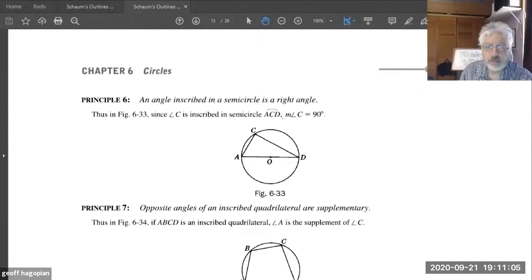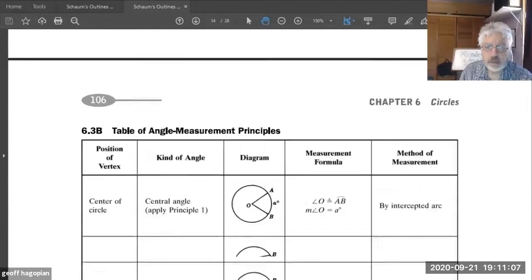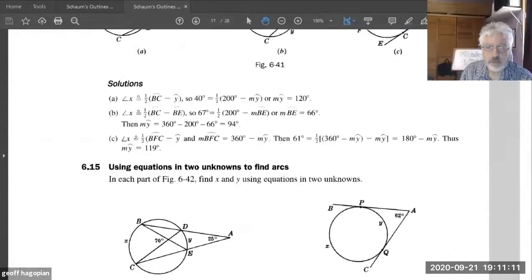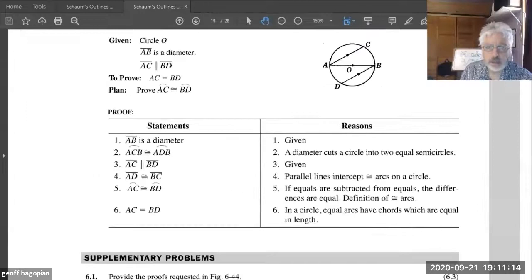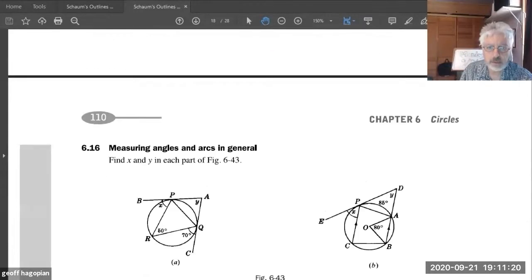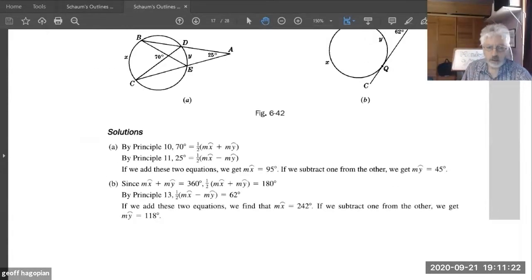Angle measurement principles. There's a little table of angle measurement principles, some solved problems, and supplementary problems. So, proving angle measurement problems stated in words. Those are solved problems, right? So we'll have tangent principles and angle measurement principles, and then we'll be ready to finish up the geometry section